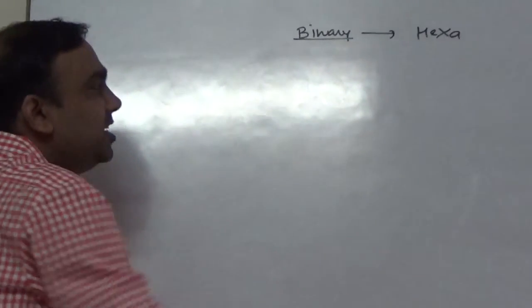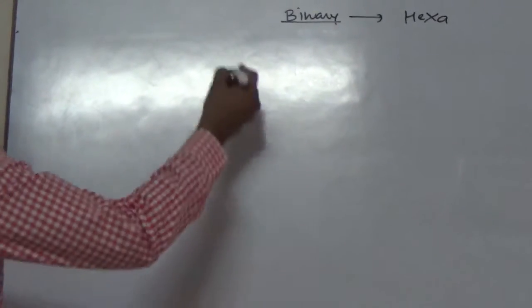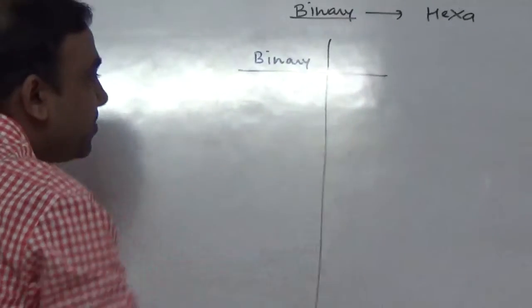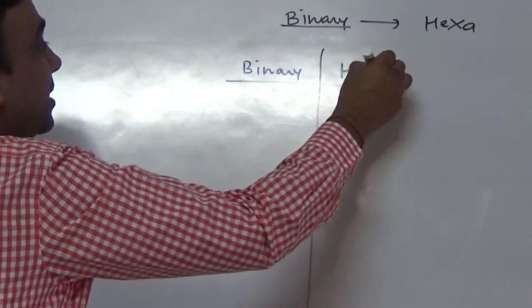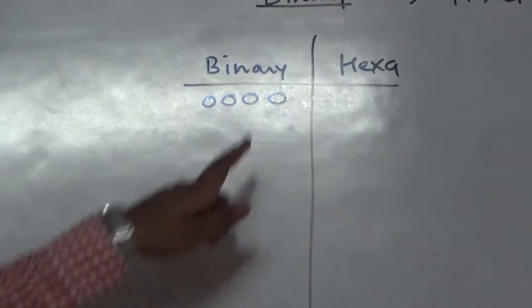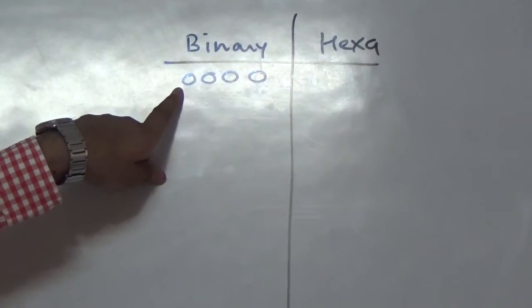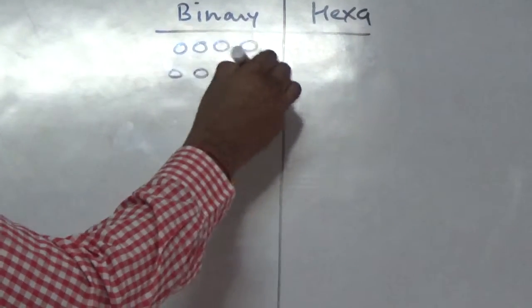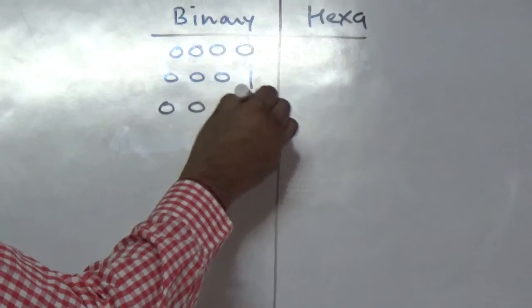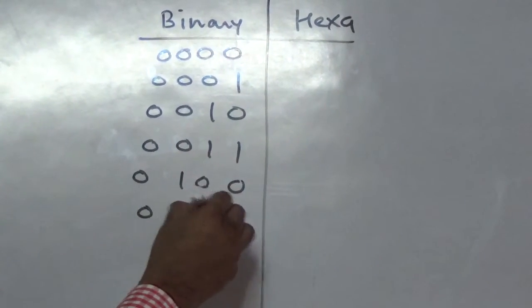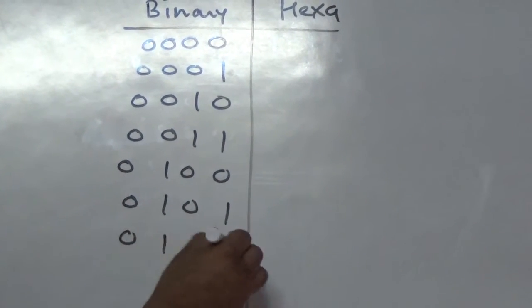For that we just need to remember one table. The table is very simple. I will take a 4-digit binary number and the corresponding hexa number. So I will start from the very basic first binary number. See, the first binary number is 0, but this time I am writing 4 bits. What is a bit? A binary digit. So in this way I will just go on writing the binary numbers. What we are doing is just adding 1. This we discussed in the previous lecture actually.